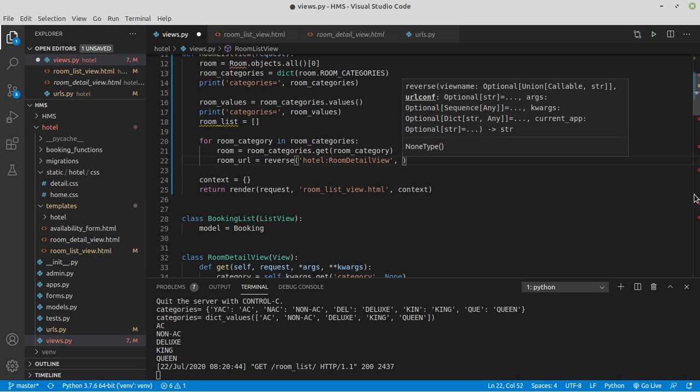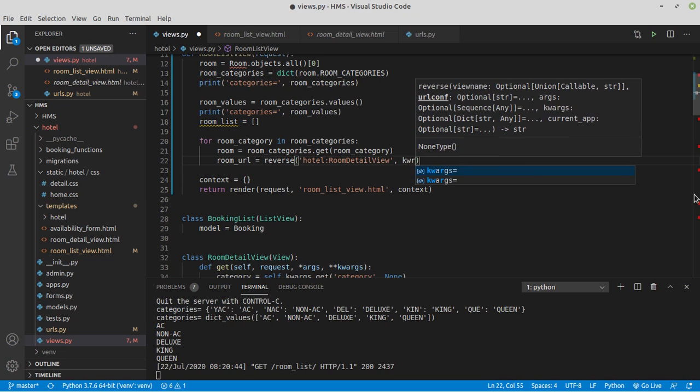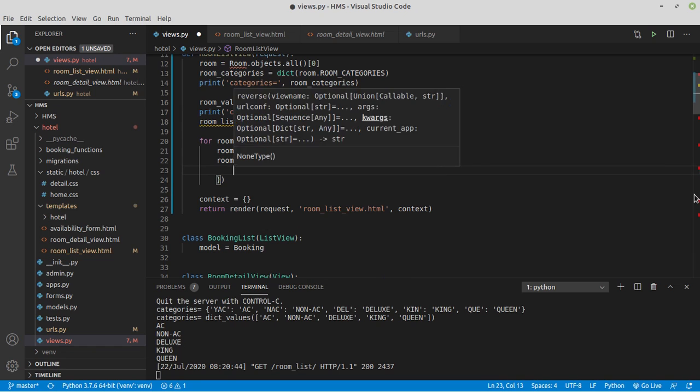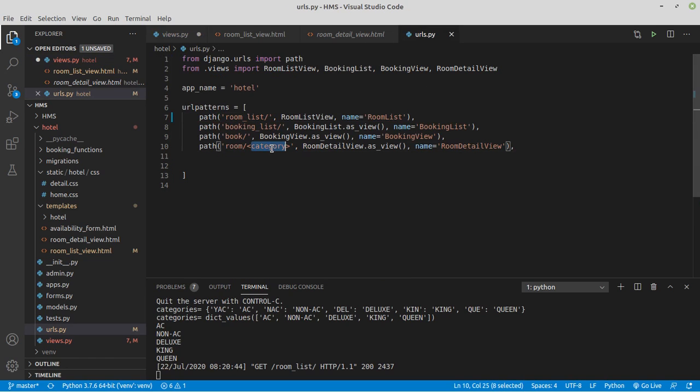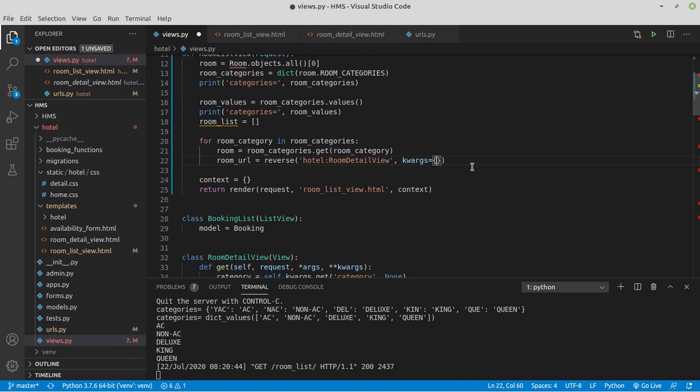So that should give it. Now the next thing is keyword arguments. We need to pass in our room category as the room category which is defined here. The category equals, so we say this should be in quotes, remember that. Category is to, colon, you can say it is to. So category is gonna be room category,